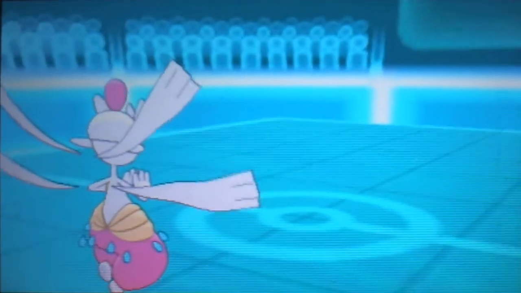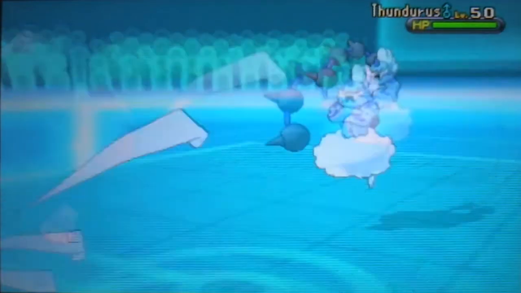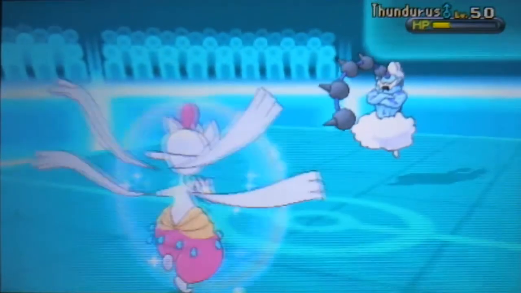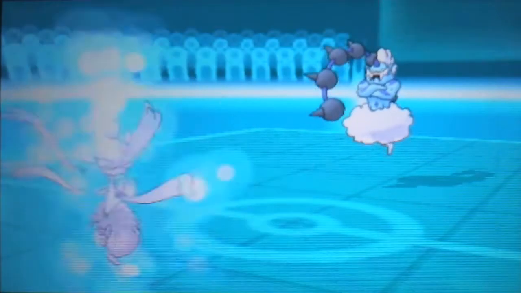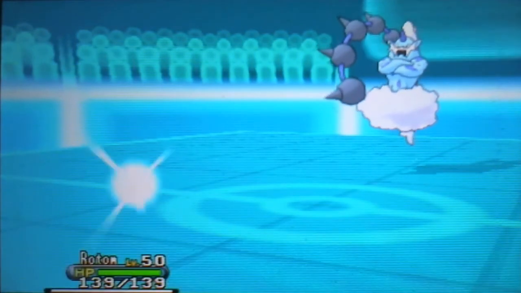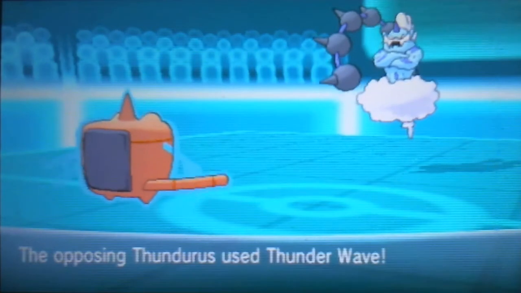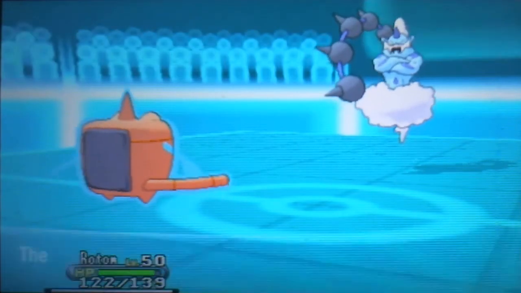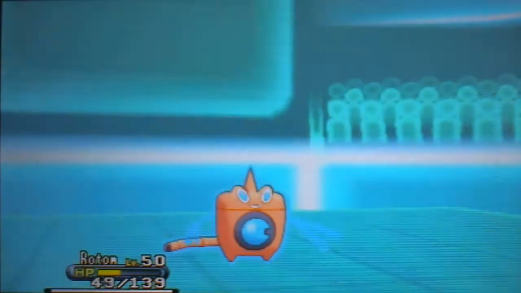As he switches into Thundurus, look at this damage. Just look at this. Drain Punch. That almost kills Thundurus. If I had Stealth Rock up, if I had led with Hippo and gotten Stealth Rock up, that's a dead Thundurus right there, no questions. I predicted the Thunder Wave really excellently going to Rotom-Wash, because, you know,